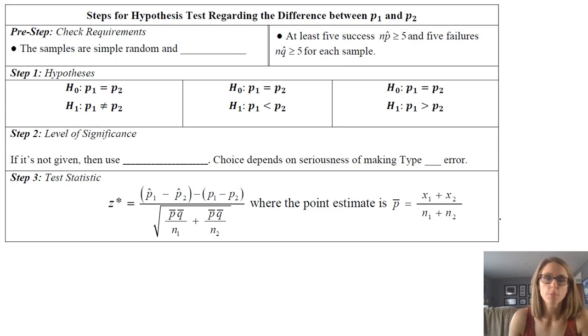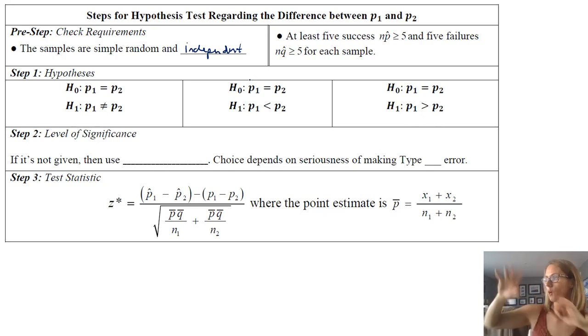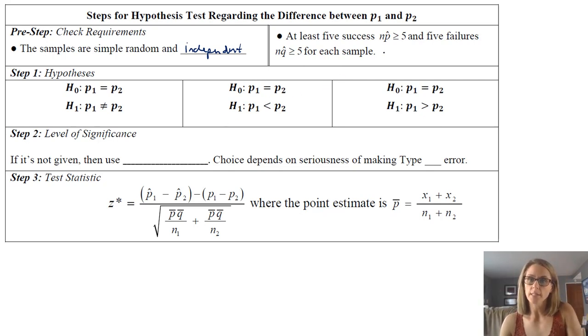So just typical things here, we're talking about proportions. So we want samples that are simple random samples, and one of the key things, this comes back up in section 9.3, is that you want the samples to be independent. So that just means I have a survey of males over here and I have a survey of females over here, and they're not linked in any way. We need to have at least 5 successes and 5 failures. This is something we've seen before in earlier chapters, even in chapter 7, with just the fact that you need to have a large enough amount of successes and failures.